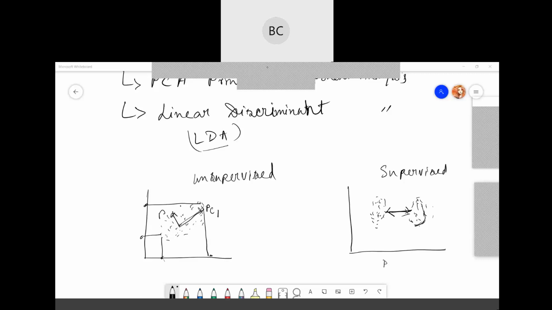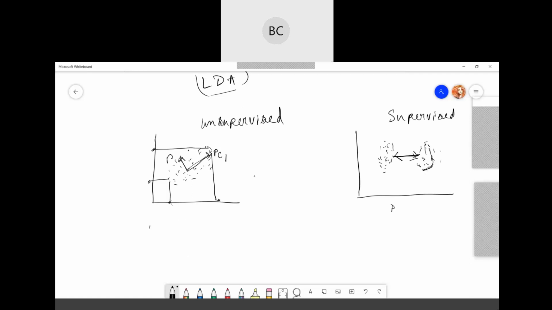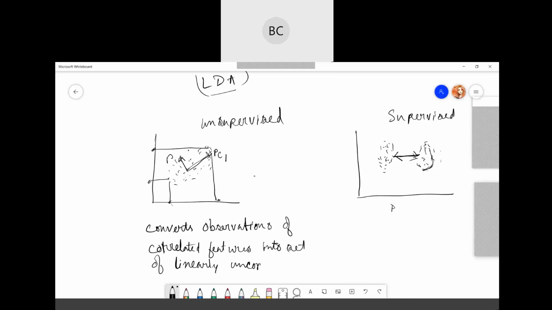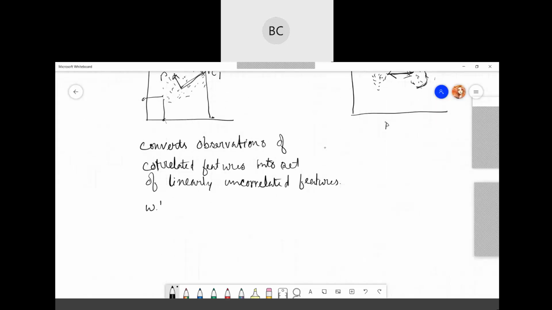Just remember that PCA converts the observations of correlated features into a set of linearly uncorrelated features with the help of orthogonal transformation. It basically works on the variance of each attribute.